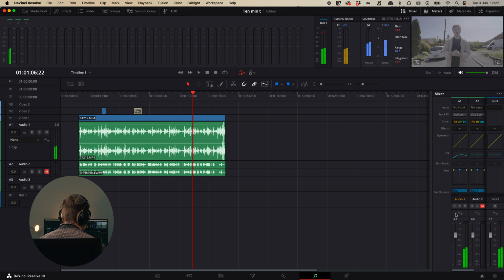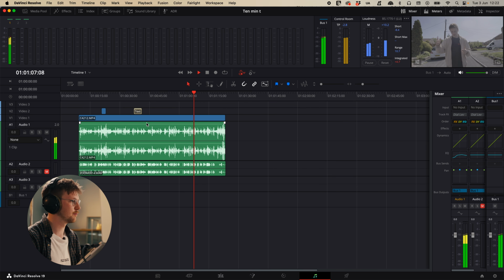You never want stuff clipping. If you're getting lots of red lines, if I boost this up all the way,